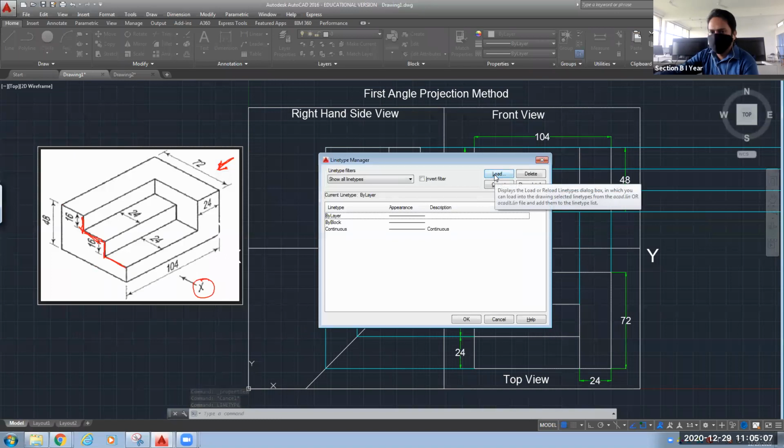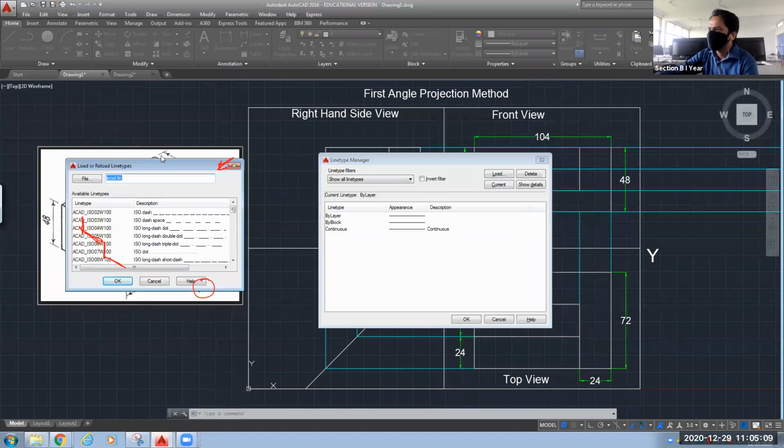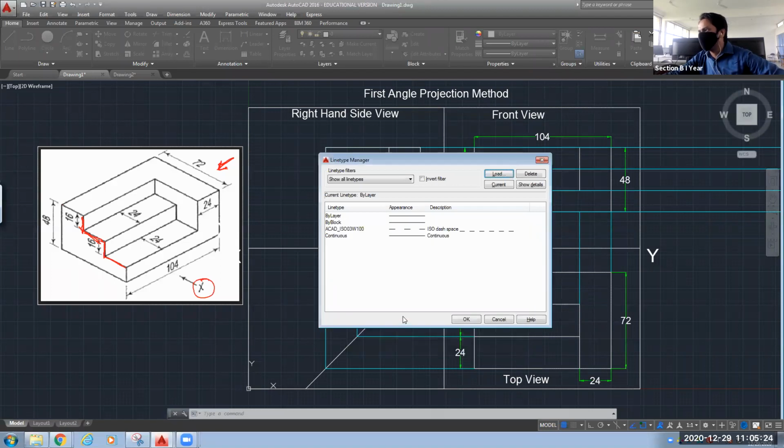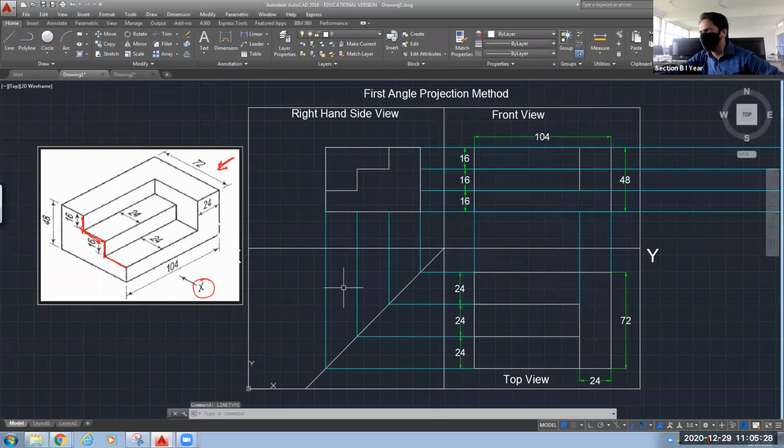Here you need to load. All the line types are now visible here. You can see we need dash lines. So I am selecting this one, dash and space, for clear visibility. Let's check how it is looking.